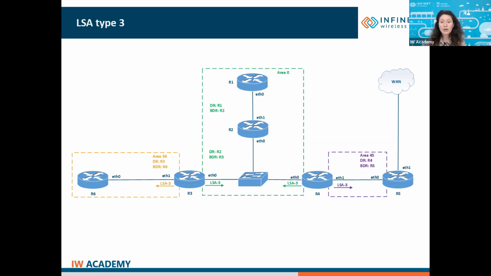This way, R3 can summarize the networks of area 36 and send them towards area 0, but it will also summarize the networks of area 0 and send them to area 36 so that all routers can learn the whole network topology. Next, LSA type 4 is generated by area border routers and informs the other routers how to reach